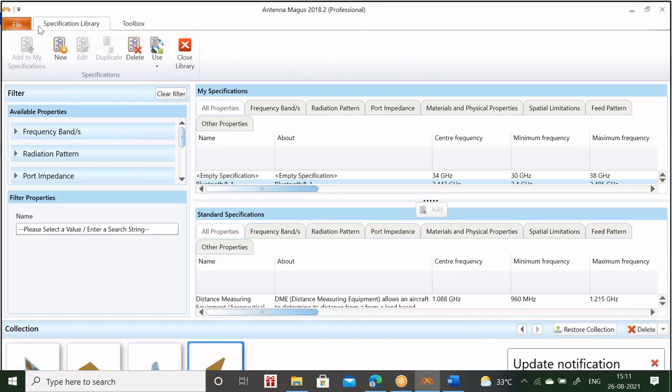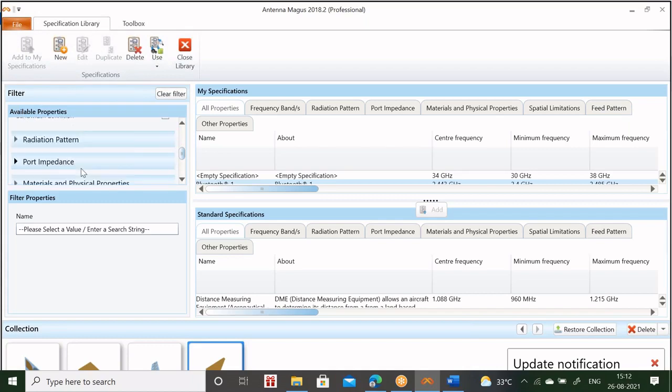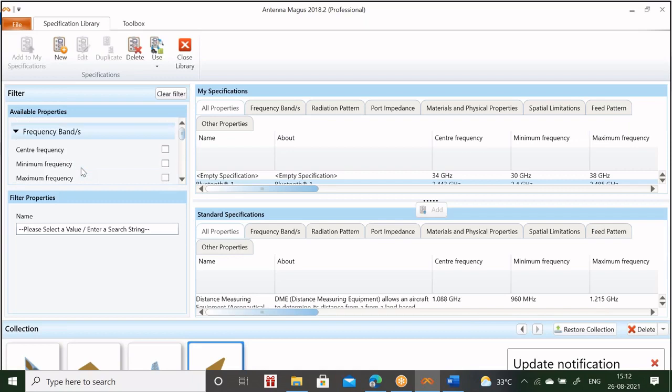So frequency bands, you can do all the selection. Frequency band, center frequency, minimum frequency, maximum frequency, percentage of bandwidth ratio, all these specifications you can give. You can design your custom model. Someone comes and asks for an antenna which should have a gain of 10 dB, the pattern should be in a particular direction, and the beam width should be this. If someone gives such specifications, you can design your antenna.